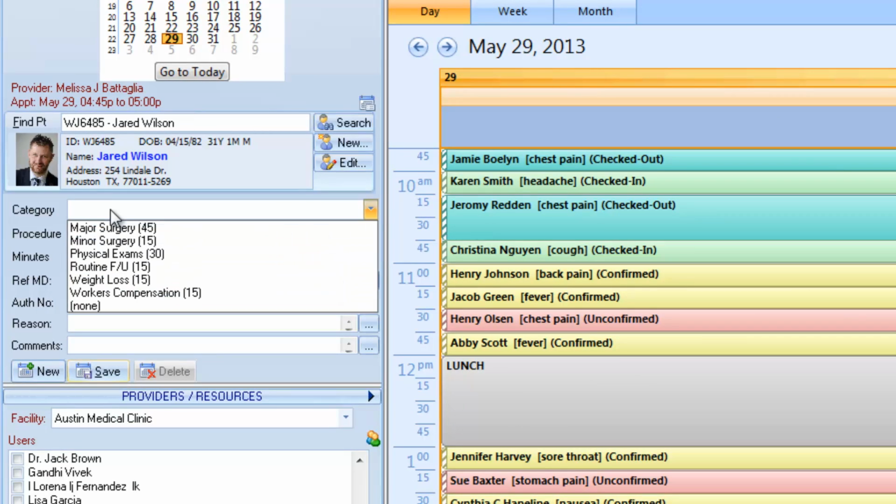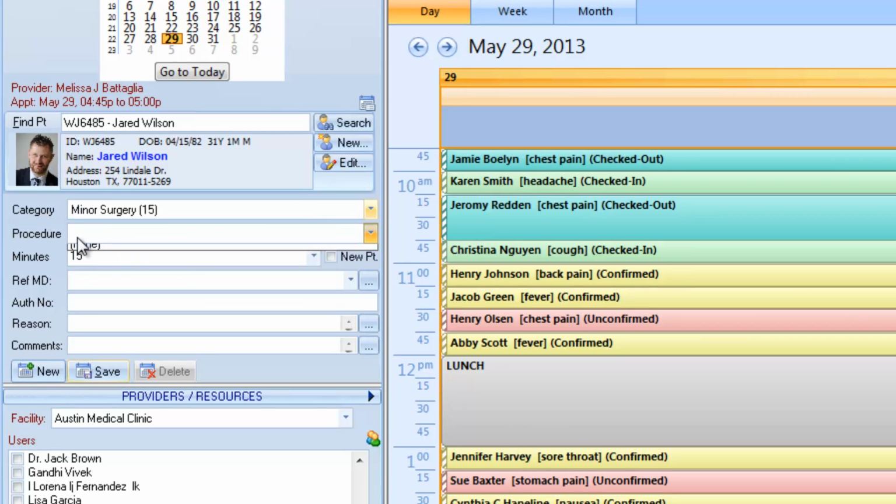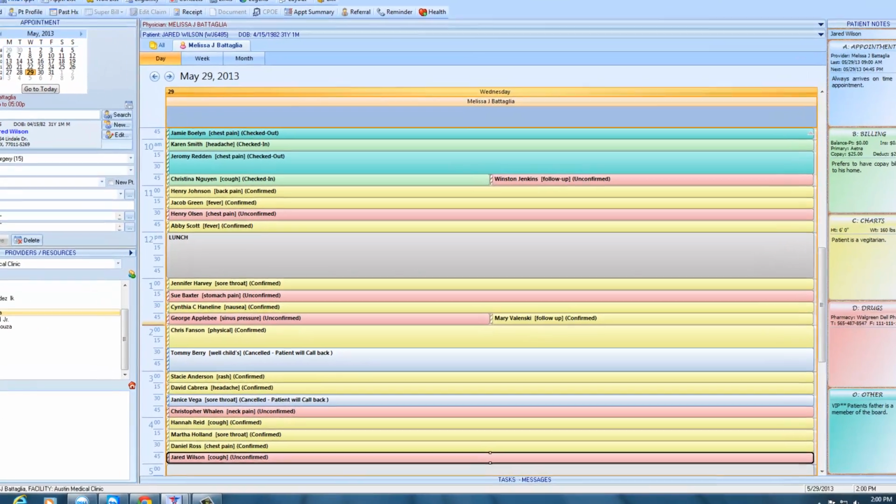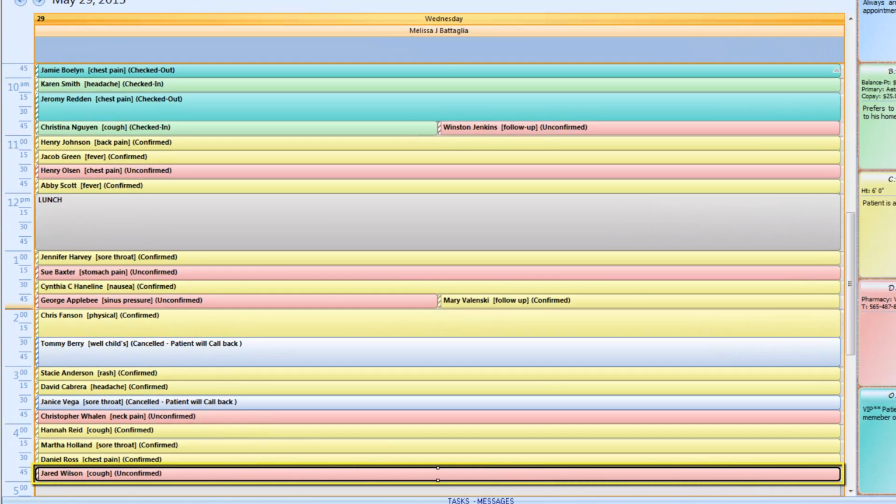Now we have the option to choose a category. We could choose a procedure, the duration of the appointment, referring MD. We could enter an authorization number, a reason, or additional comments. Then I'm going to click enter, and you can see that the appointment's been generated here in the time that